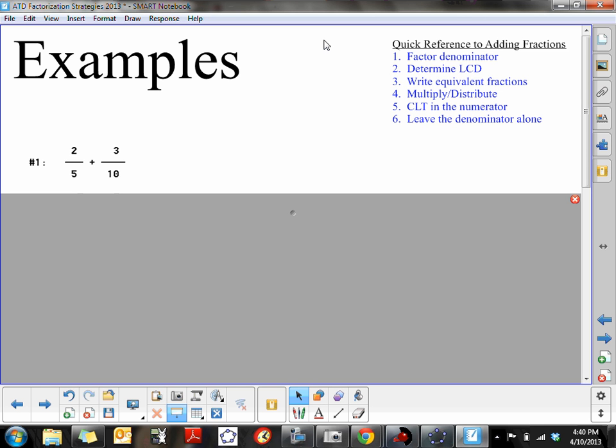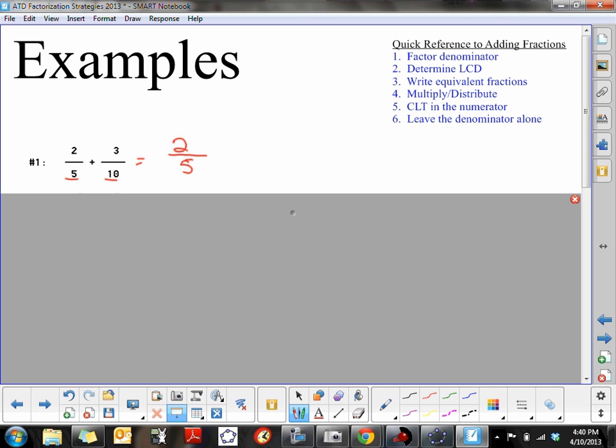So first thing that we do is we look at our two fractions, and they are not the same denominators. So if our denominators are not the same, we want to put them in factored form. Again, I'm just doing it like this so I can emphasize what we have to do. We probably can see very quickly that our common denominator is 10 and you can create it. But here's what I'm going to do. I'm going to show you the steps that we need to do with concrete numbers,